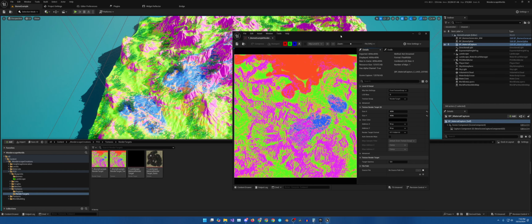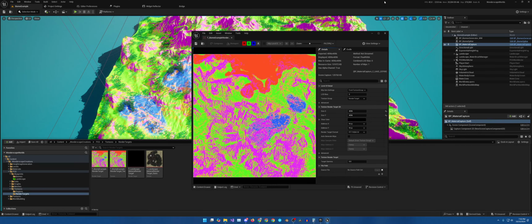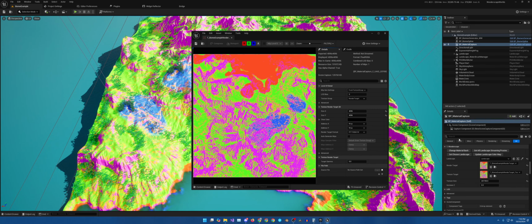Now, once you've done that, the next thing you want to do, okay, this just doesn't want to go down, there we go, is come over here and put the render target right here, and you'll put the texture target right there. Now, the next thing that you're going to want to do is you see this texture size. I have it set to